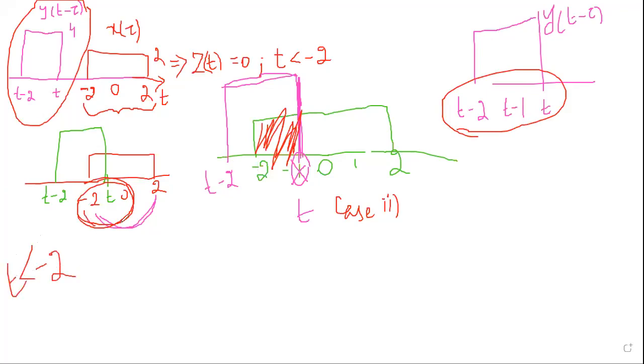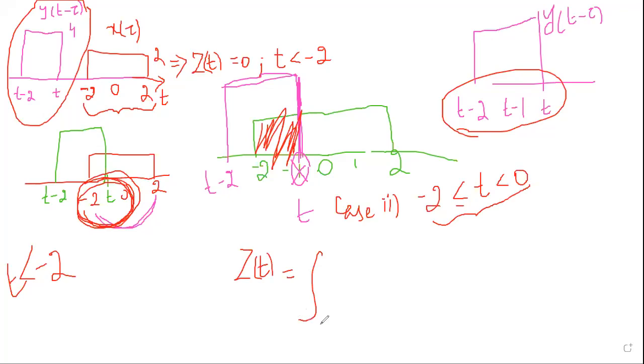My next case is when t is between minus 2 and 0. So minus 2 less than or equal to t less than 0. I hope you understood how we are taking the scale. This scaling we are taking from the time value of x of t. Now let me write my output z of t here. I have identified the common position, so that will be the limits of the integration.